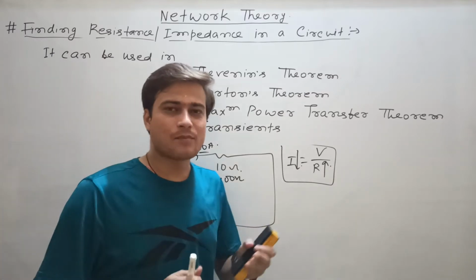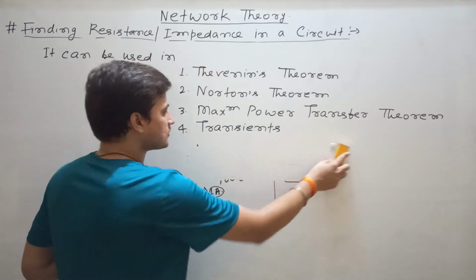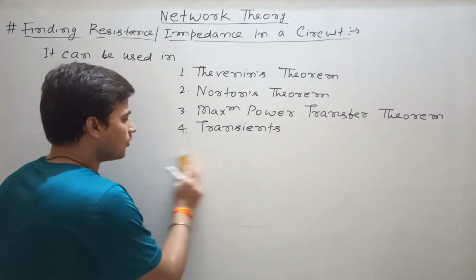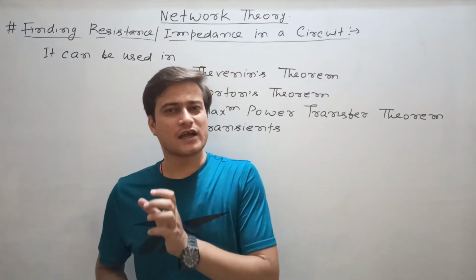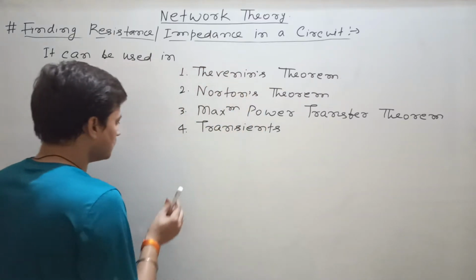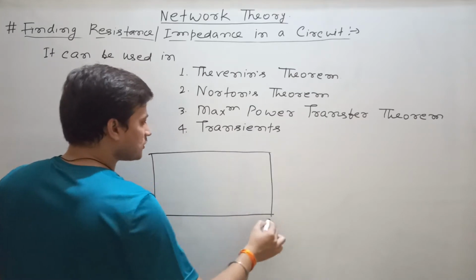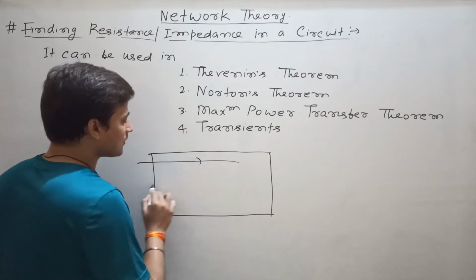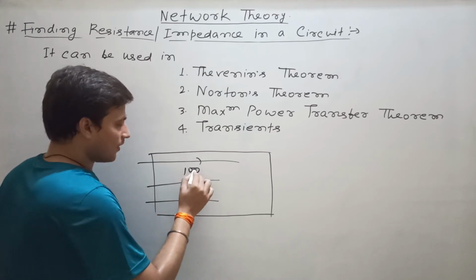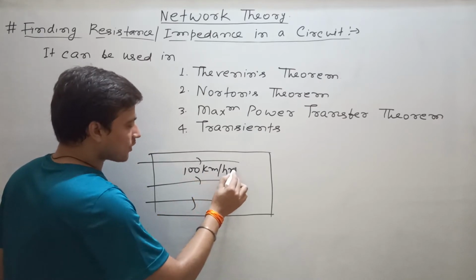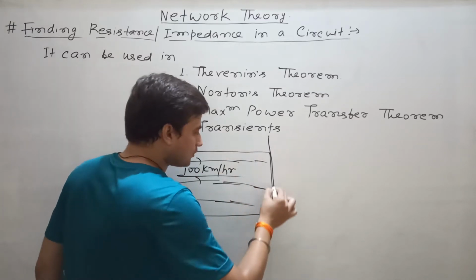See some practical examples of resistance. Suppose you are riding your bike on a plain road, on a smooth road. Suppose some newly constructed road is there in your area and it is very smooth. So if the road is smooth, suppose up to this portion the road is smooth, you are driving the car at a speed of, say, 100 km per hour. Clear? Now come to this point.